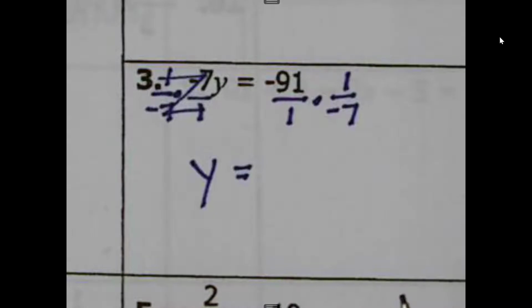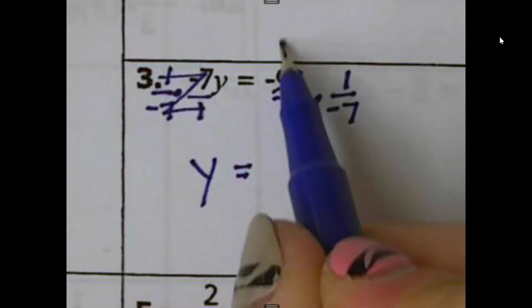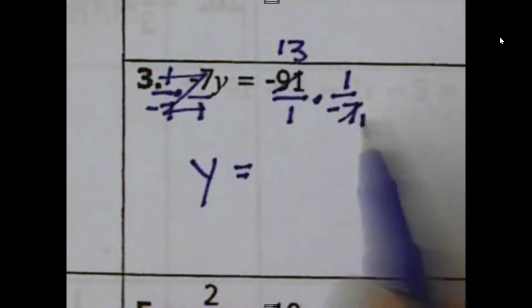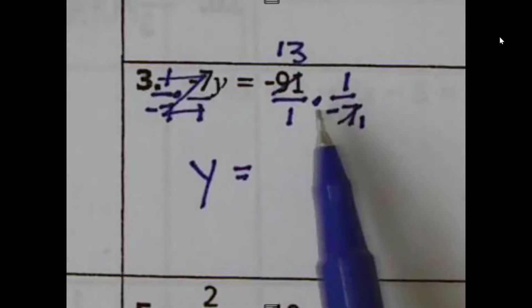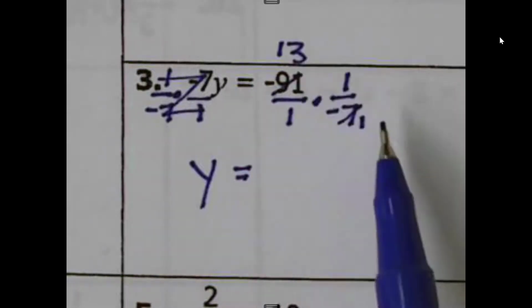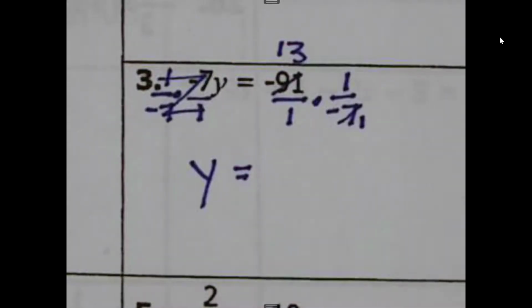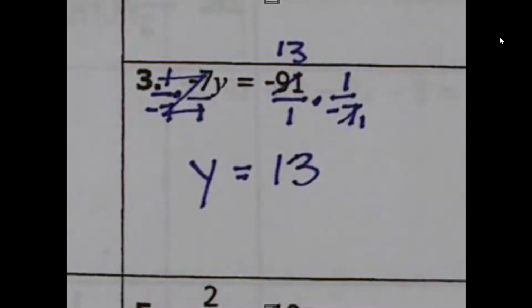All right, now 7 divides 91 13 times. But I still then have negative 13 times this fraction is a negative. So negative 13 times negative 1, you can see that there's two negatives. Two negatives when you multiply give you a positive. All right, now down below here,